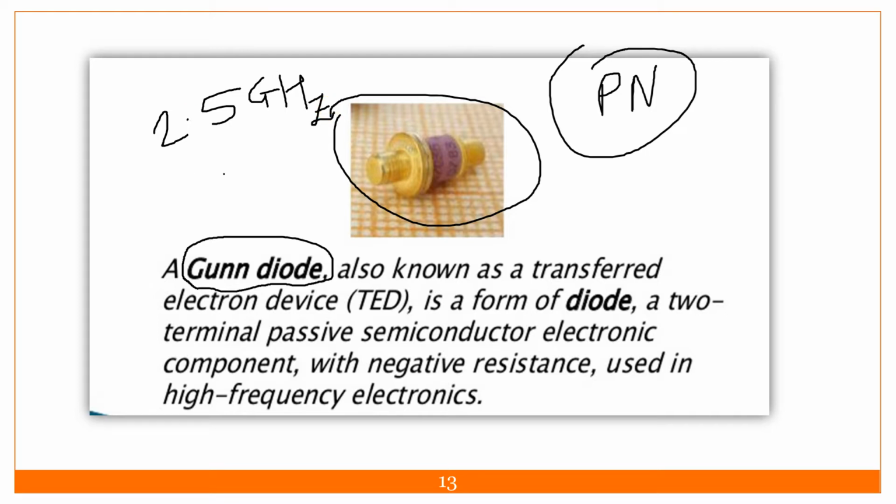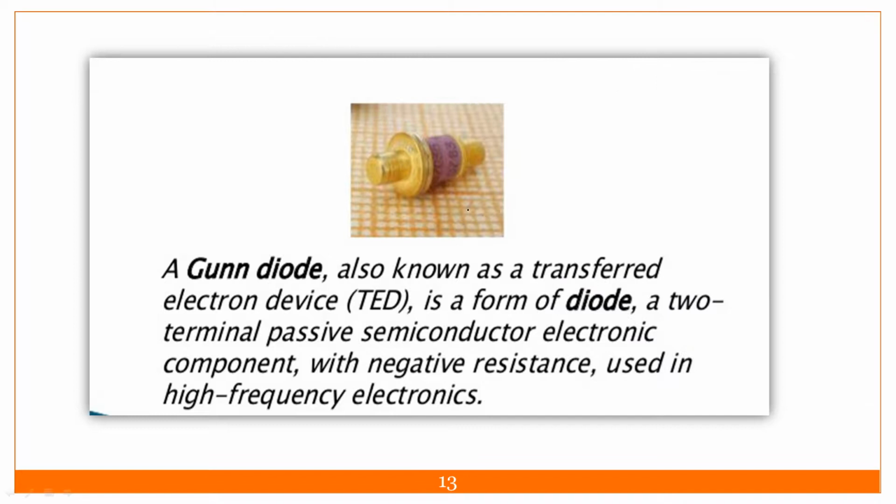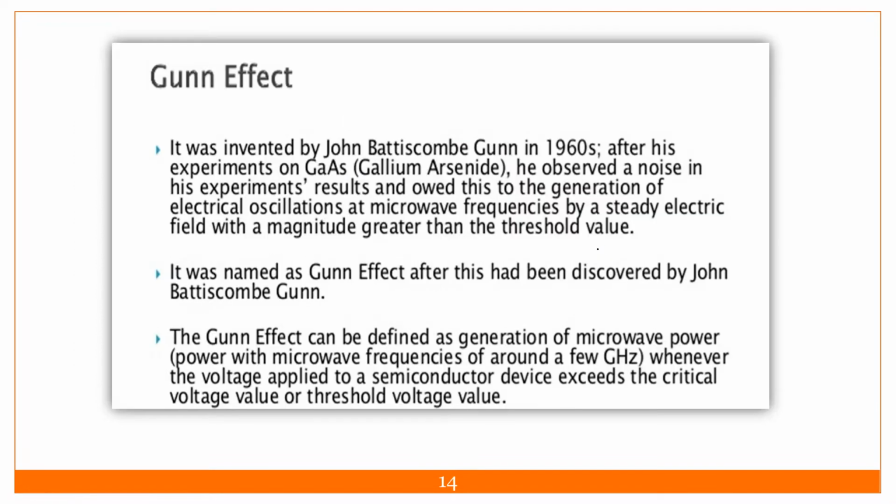If you want to operate at that frequency, you can't use the normal diodes. You have to use the PIN diode, then the Gunn diode, and different transistors, the IMPATT, Barritt and so on. We will discuss those in a later lecture. This is one of the devices which you use in microwave electronics. Up to this we have seen in the last lecture.